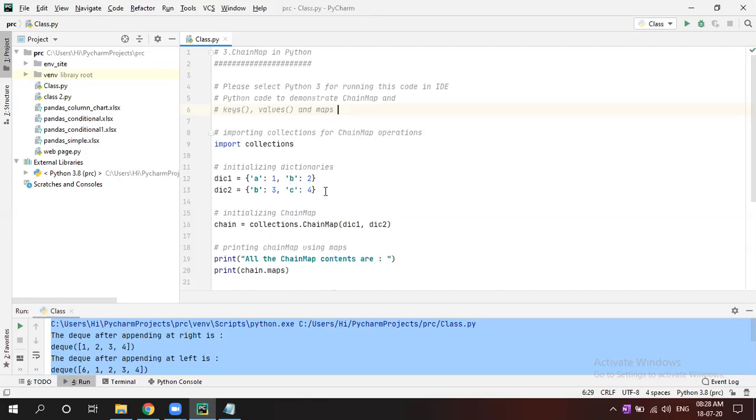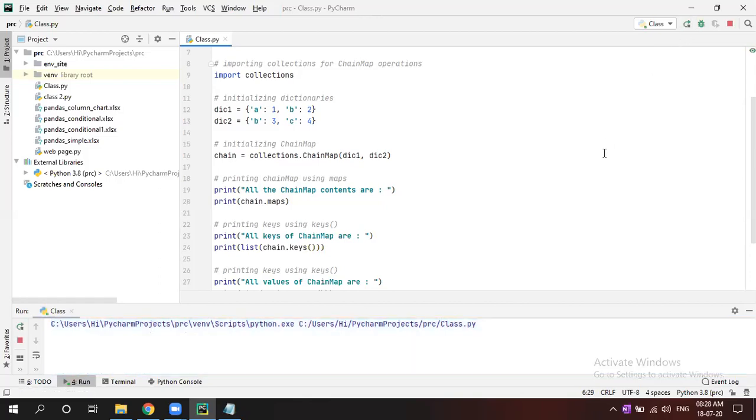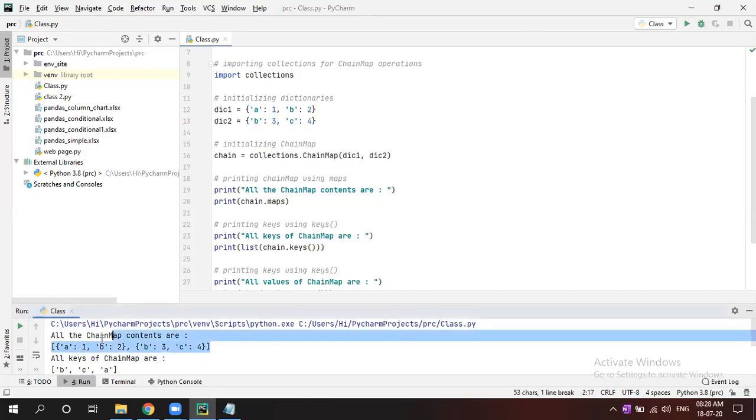After initializing, let's print it. If you print chain.maps, just run it once. There is a maps attribute. So what will happen? A:1, B:2, B:3, C:4.